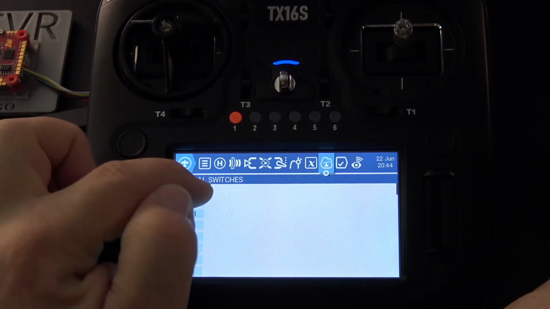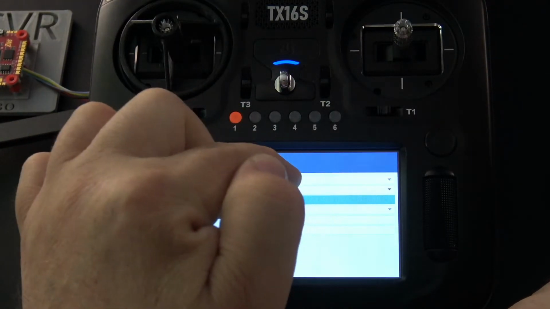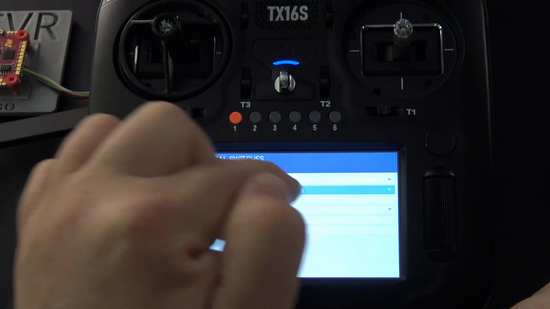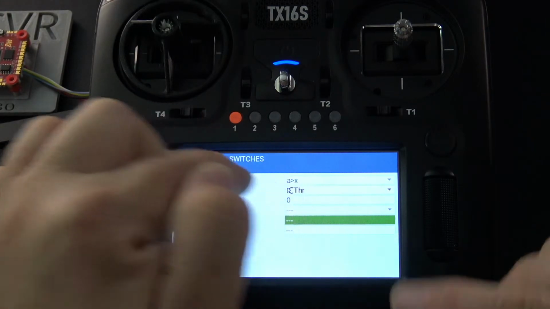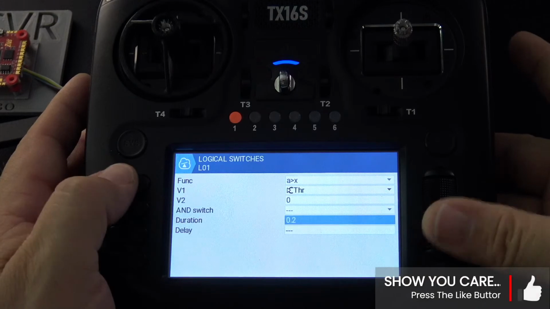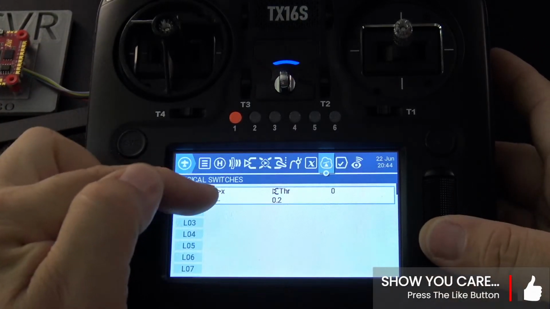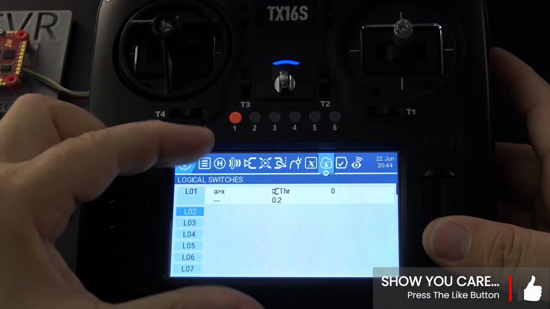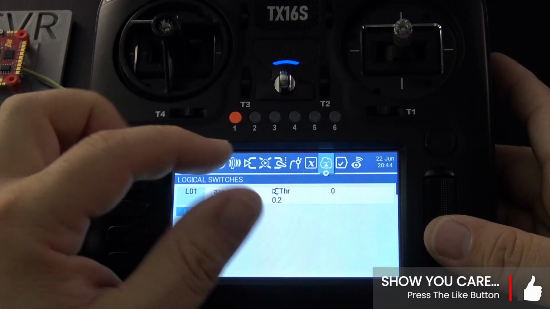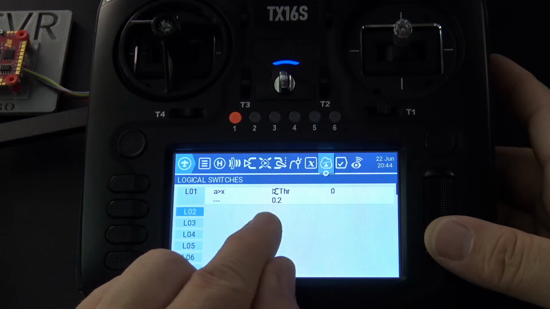When you start putting stuff in logical switches, you'll kind of see it. What they're saying is that when you start building out these logical switches, it takes up a little too much vertical space. So if I back out of this, I just made one up. There's nothing to it. But when you start filling these things out, you'll see that it gets populated real quick. So they're going to rethink the layout and what they can do to tidy that up.